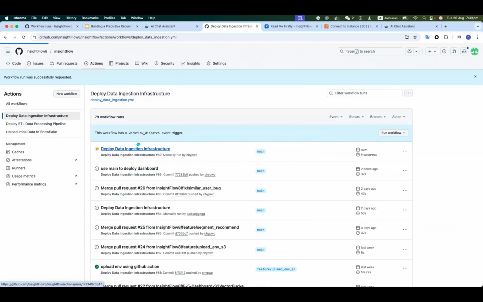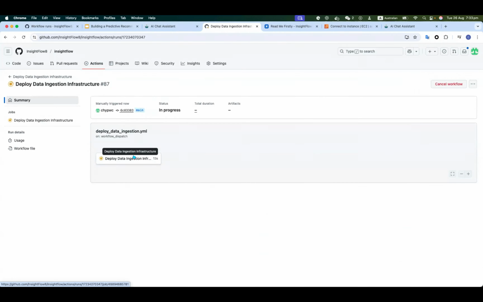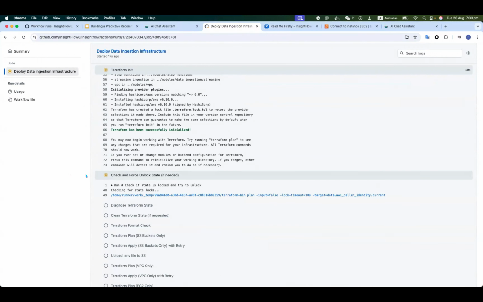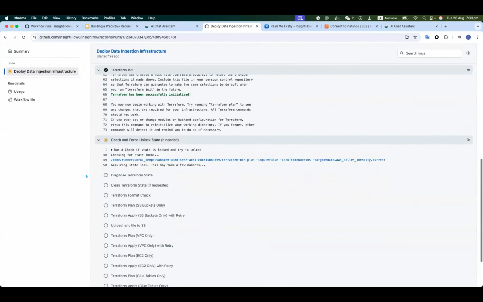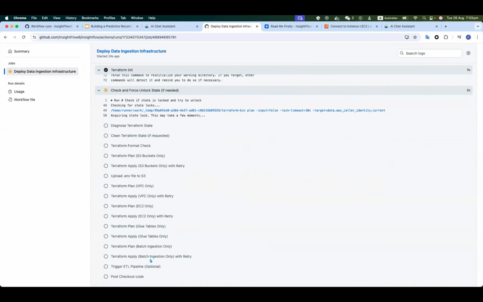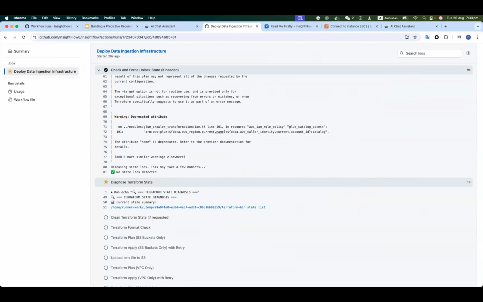It will start to deploy the infrastructure. We use Terraform to deploy the S3 bucket, the VPC, the EC2, and Glue jobs, etc. Okay, thank you.